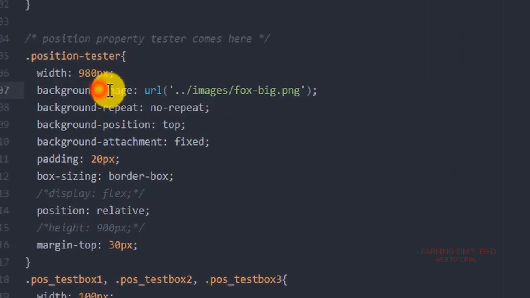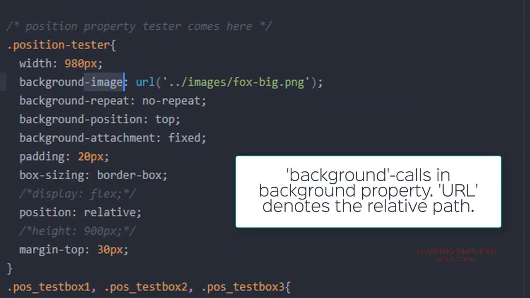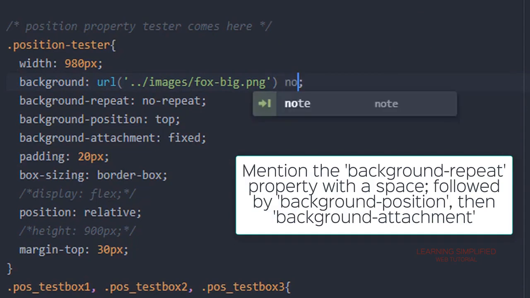In this particular case, all we are going to do, we are going to remove this particular background image from here, and here with a space we are now providing this no-repeat condition. Then we are providing this position top. Then we are providing this fixed condition here.